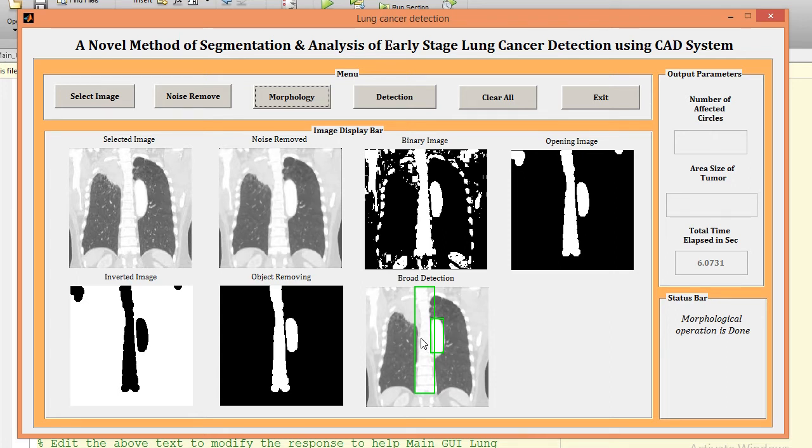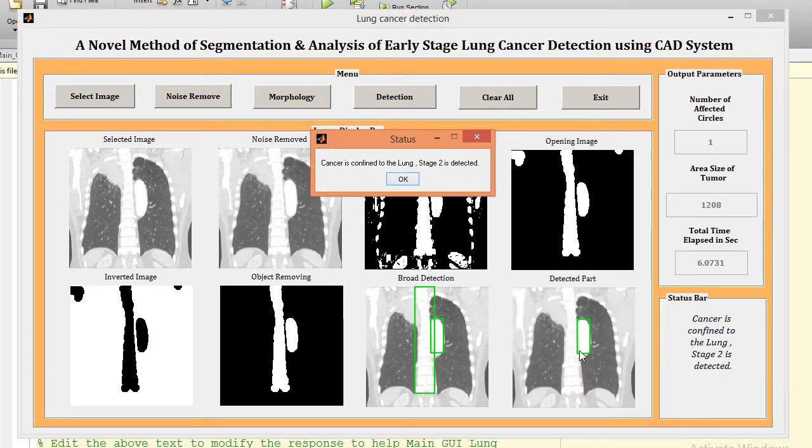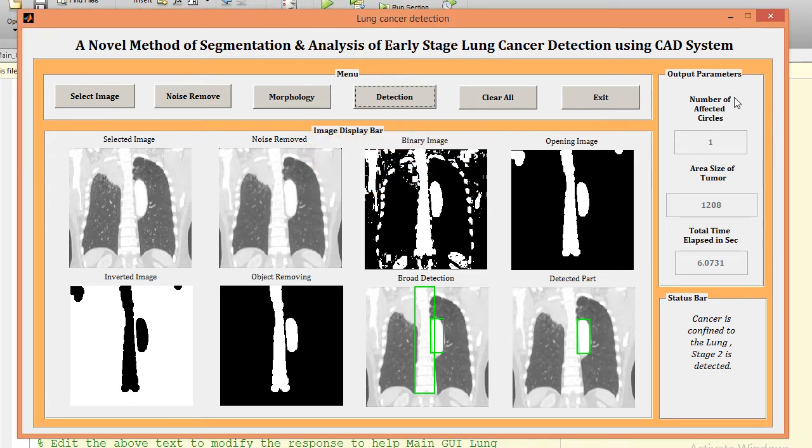Now we have to detect the accurate area of the lung cancer. Now just click on detection. So this is my affected area of lung with cancer. Now we have a status like cancer is confined to the lung and this cancer is on the second stage. Just click on OK.